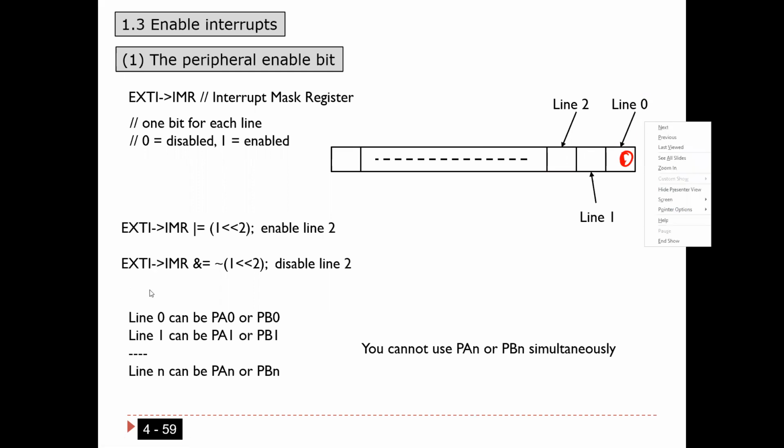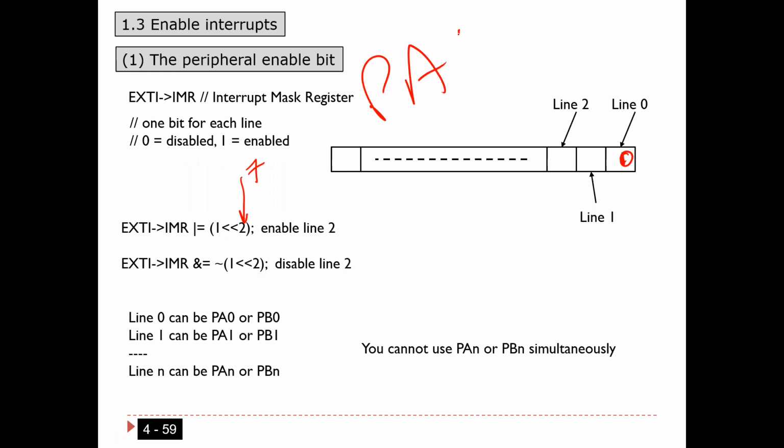For example, as you see here, guys, if I want to enable line 2, I'm going to put number 2 here. If I want to enable number 7, I'm going to put number 7. By the way, I'm going to show you today how you can program PA5. I'm going to make a quiz on Thursday. In the quiz, I'm going to ask you to program PAX, where X can be something else. I'm not going to tell you what it is. I already told you what will be in the quiz, but I cannot tell you specifically. So I'm going to show you how to do one, and then I'm going to ask you to do another one. Very easy. All you have to do, in the case of PA5, is put 5 here. If I tell you in the quiz I want to program PB, then